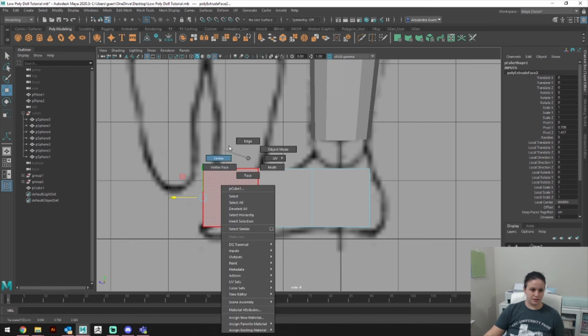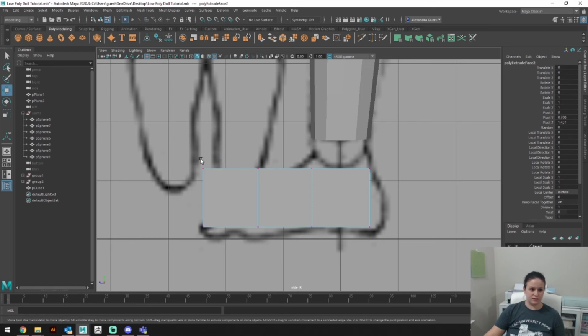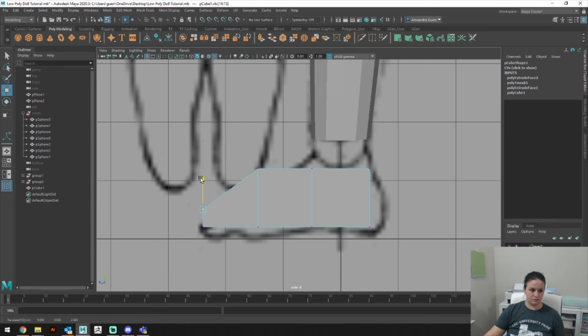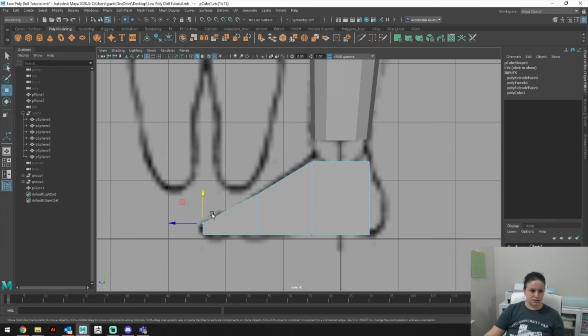Now I'm going to start moving these vertices to where they're supposed to be. So one down here, one down here. These need to go higher. And then these need to go lower. This needs to go lower. And that's about right. Okay. Now that we have the base mesh all set up, I'm actually